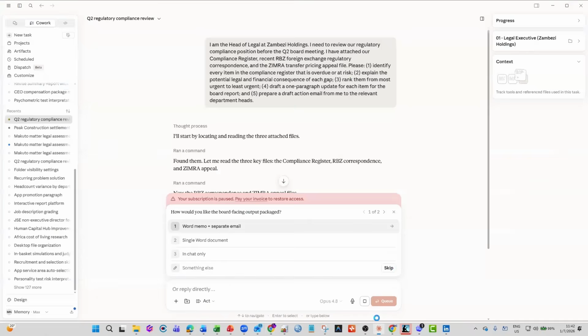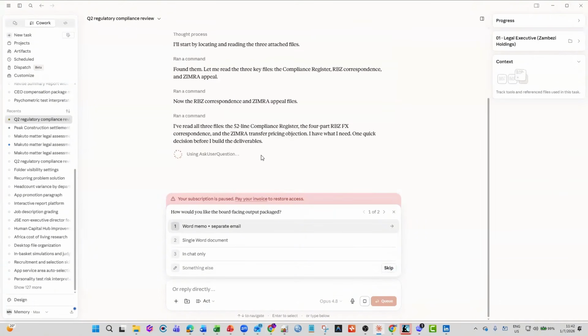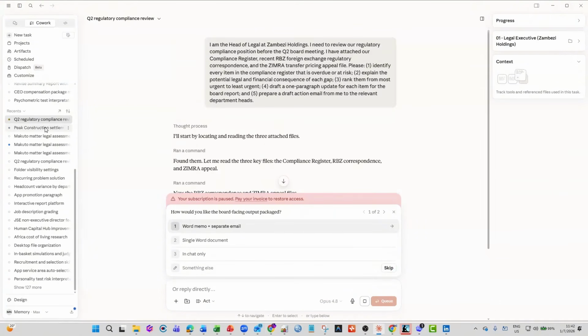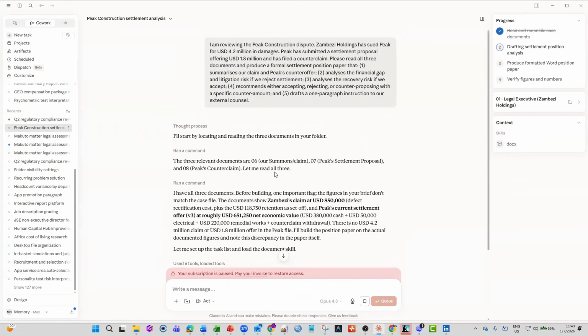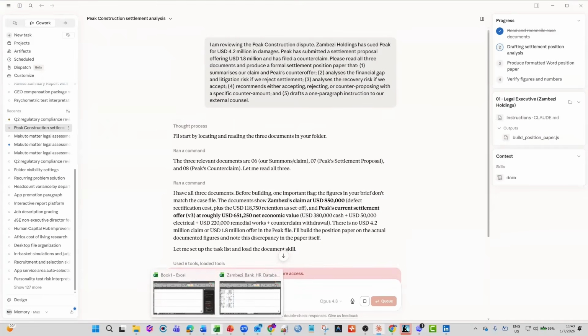Let's go back to our legal. It's still working on this one. Let's look at Peak Construction and see if it is done. It's still working there, as you can see. So whilst we are waiting for it, because some of the things are really heavy, especially the legal side that I have indicated there, let's go and look at